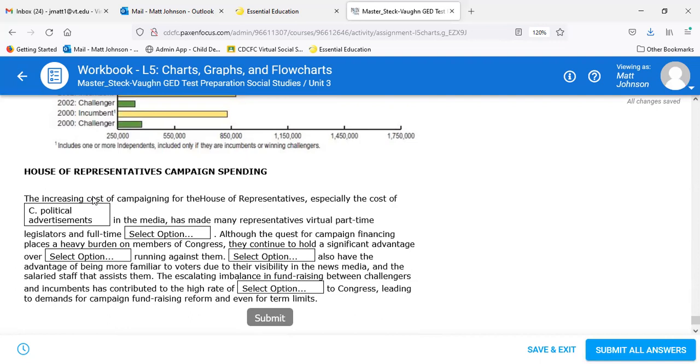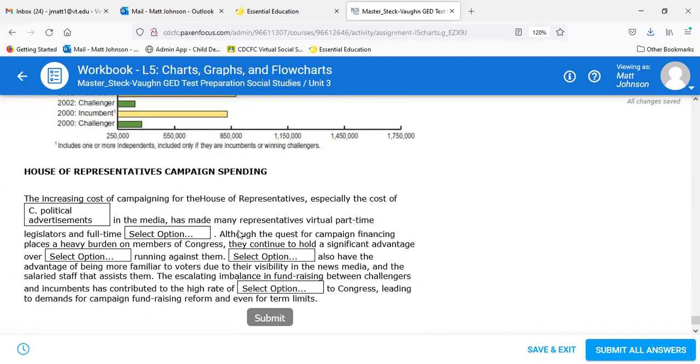That one's a little tricky. You have to use inferences and you have to kind of imply. You don't get that information in the graph, right? But the clue in there is media. In the media. So that's telling us that we're probably talking about commercials, right? We're talking about political advertisements. So the increasing cost of campaigning for the House of Representatives, especially the cost of C, political advertisements in the